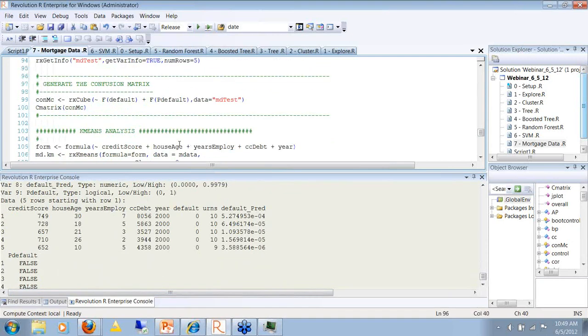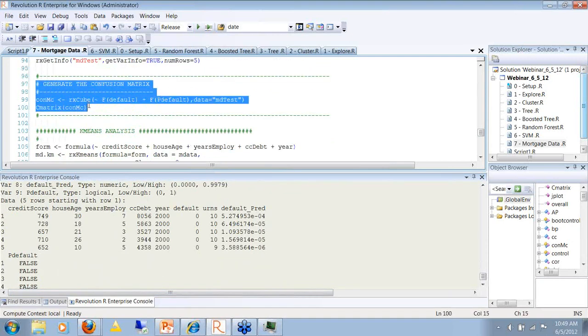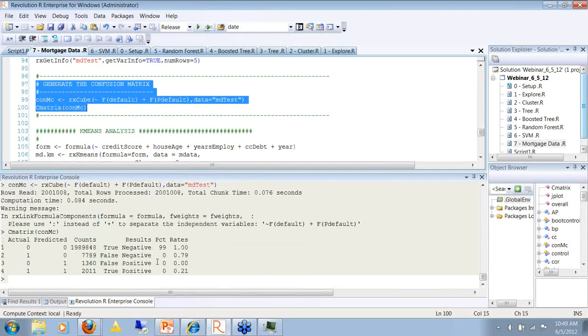And that can be used to generate the confusion matrix. And we'll do that using this RxCube function, which is very nice for doing tabulations in long form. So here we have a long form tabulation of the confusion matrix. Instead of a 2x2 table, I've actually broken out all 4 combinations. And I like this better, but it's easy to get to with RevoScale-R.